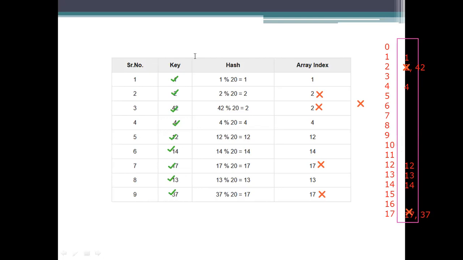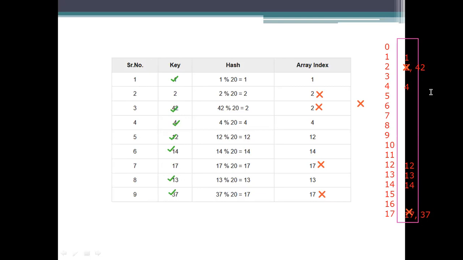So the values we are representing will be 1. There is no 2 value here. And the 17 value is not there. Right now we are missing 2 values in that representation. Here the data lost is 2. So this process is specified as a collision. Collision has occurred. And as I told you, resizing and cache misses are there.